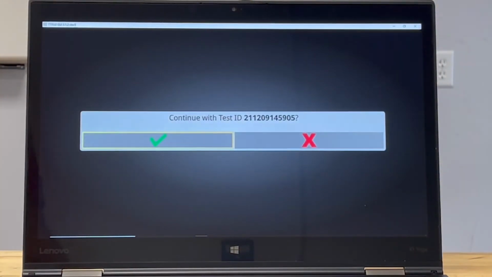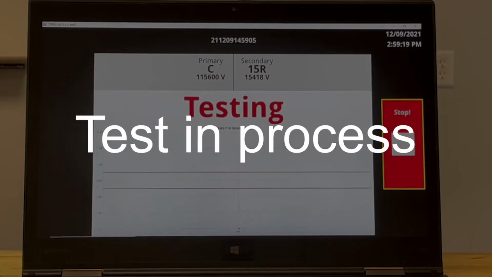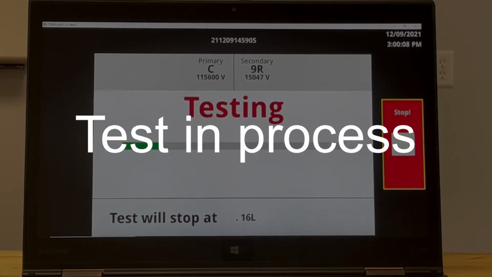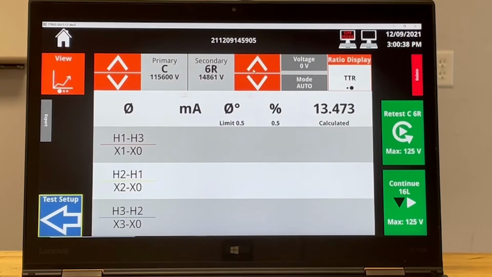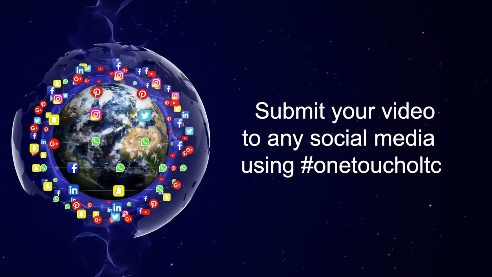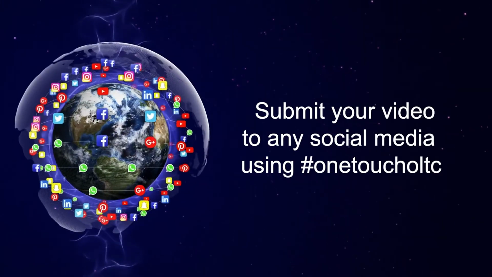Finally, click Test and confirm the default ID. Record a couple of tap transitions and when finished, submit your video to any social media platform with the hashtag